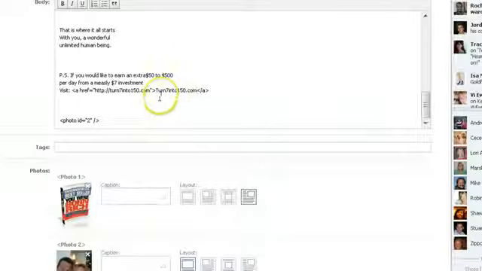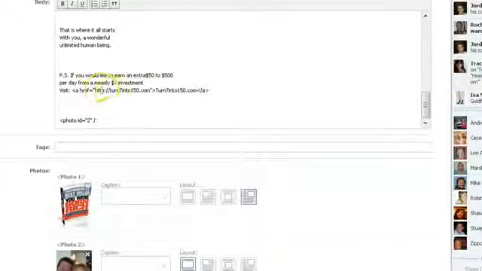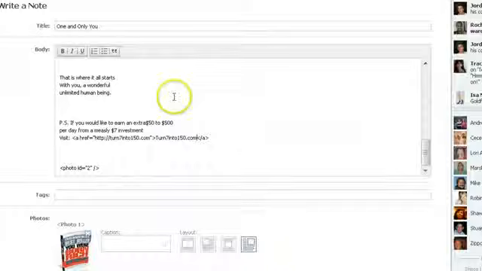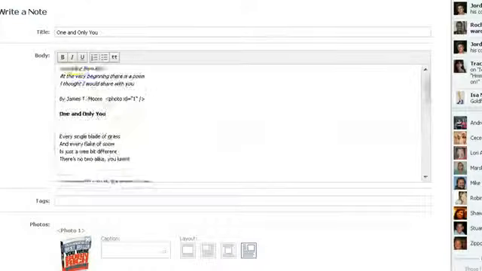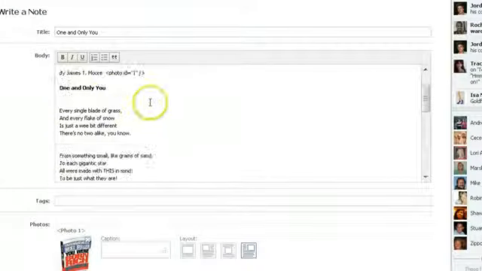Okay, and what I'm doing is I'm just putting kind of a shortened version of my website in here for the text, and so how that will show up is it'll just say turn7into150.com, and it won't have the http://. Okay, so now once you have your link in there, you've got your little note, you've got a picture,